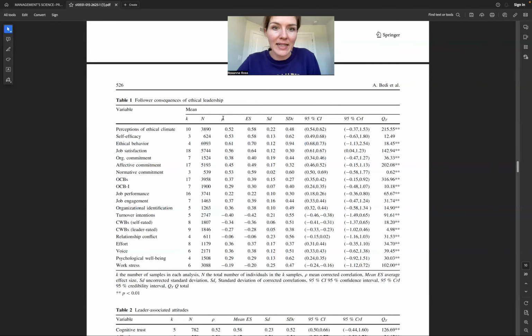The next thing we see is this fancy P looking thing. And if you track down to where ethical behavior and this intersect, the number that we see is 0.61. The fancy P is a symbol for rho, and rho is an aggregated correlation. It's an average correlation across all the 4 studies. So we take all the different findings, all the different correlations from all 4, aggregate them, and we get rho.